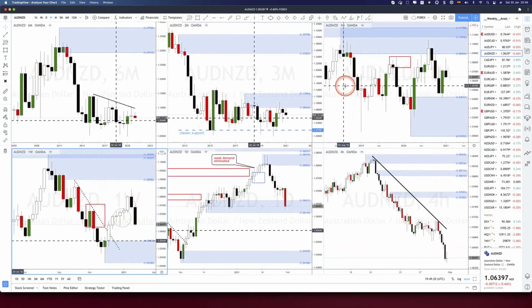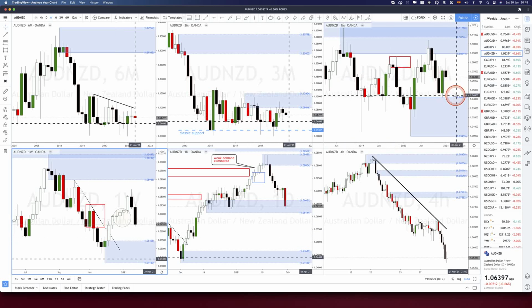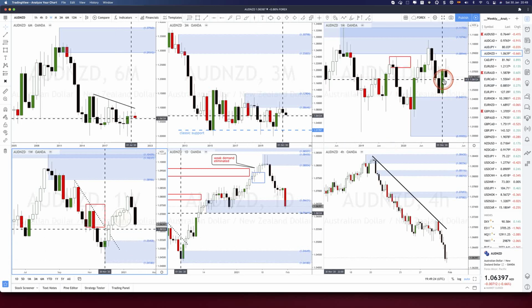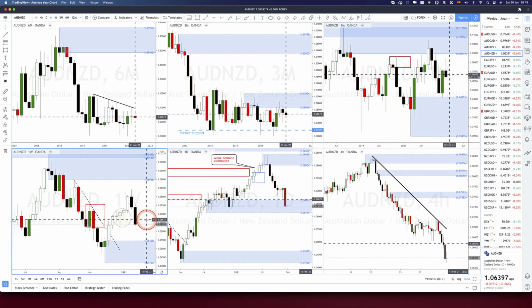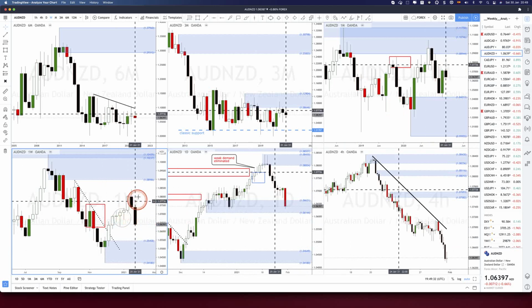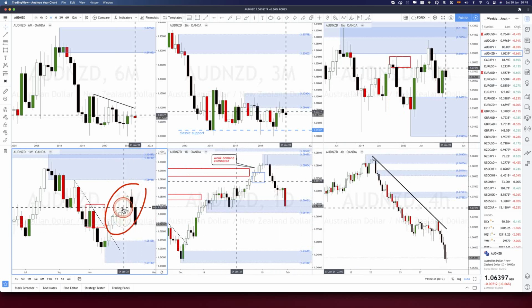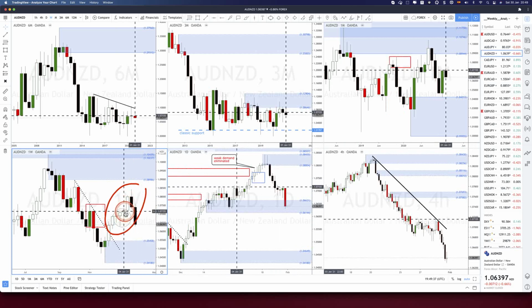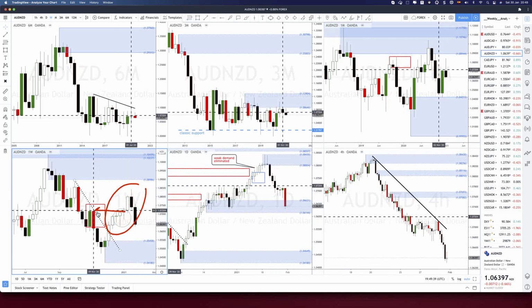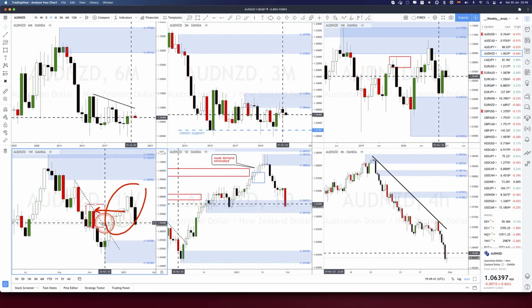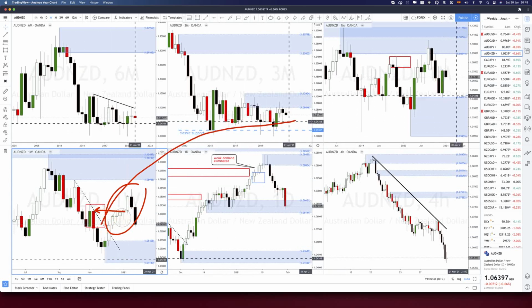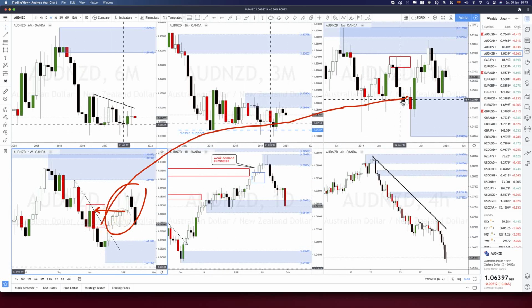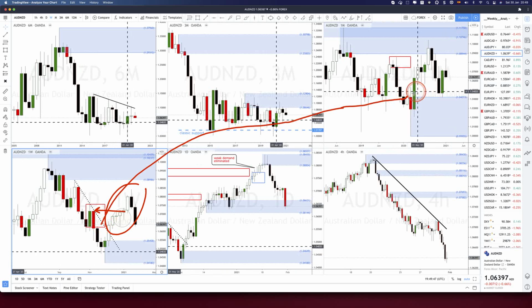On the Aussie Kiwi, we've got the monthly area of demand in control. We need new areas of demand on the daily in order to go long, and that is not happening. As explained in previous analysis, this weekly bullish impulse did not consolidate away. So even though it was responsible for eliminating this area of supply, as expected, because this area of supply was right in the middle, against the area of demand.